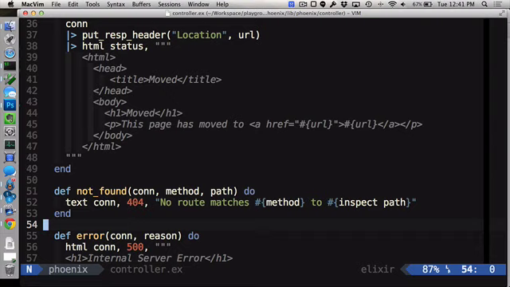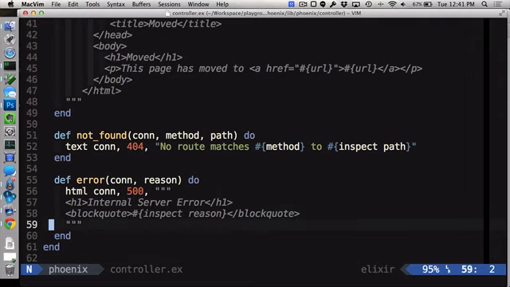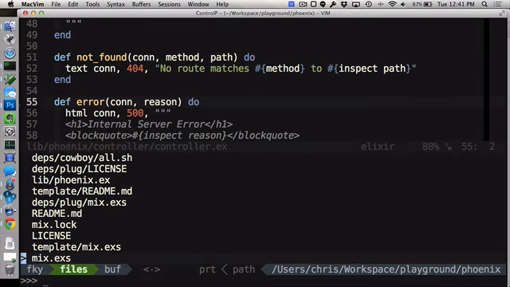And there's also a not found and an error. So you write bad controller code and it blows up, you will get an unstyled internal server error message, but that does exist, at least. And the not found is kind of cool too. If you notice, go back into Mapper